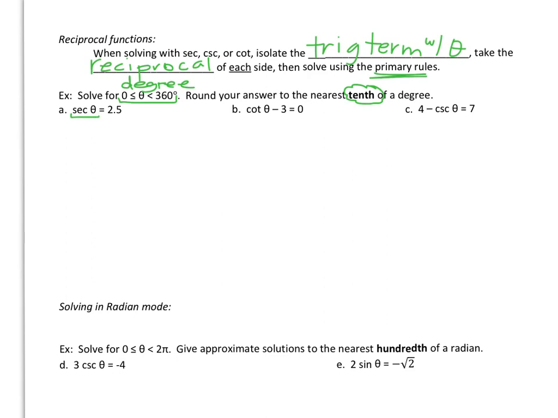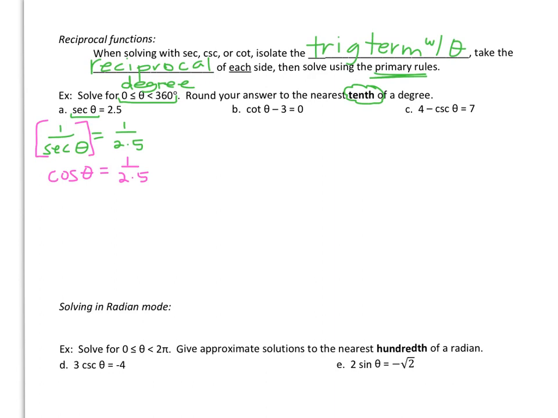Take the reciprocal of each side. So if I do 1 over secant theta, that's the reciprocal. Then I have to do the same thing on the right, 1 over 2.5. Well, 1 over secant theta was one of our trigonometric identities from chapter 7a. 1 over secant theta is the same as cosine theta. Now that we have a primary trig function,